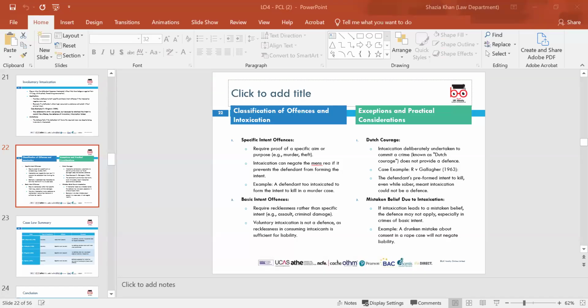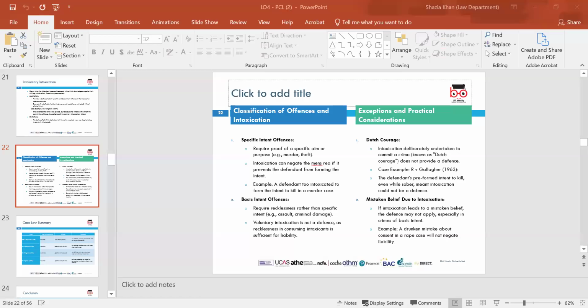So you've got basic intent and you've got specific intent. So, specific intent: these require a high level of mental intent, meaning the accused must have intended to cause a specific result beyond just the act itself. Examples include attempted murder, where the prosecution must prove the accused attempted to kill someone. In such cases, voluntary intoxication can be used as a defence if it prevented the accused from forming the